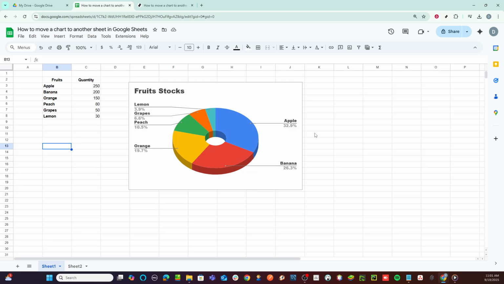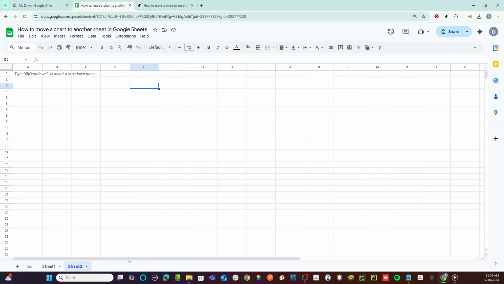Now, navigate to the destination sheet, which should be located at the bottom as a tab within your Google Sheets document. In this example, we'll move the chart to Sheet 2. Simply click on the tab labeled Sheet 2. This will switch your view from the original sheet with the chart to the new sheet where you'd like to